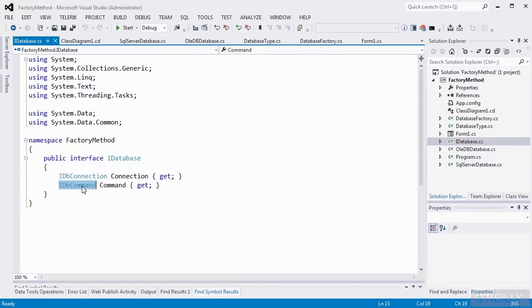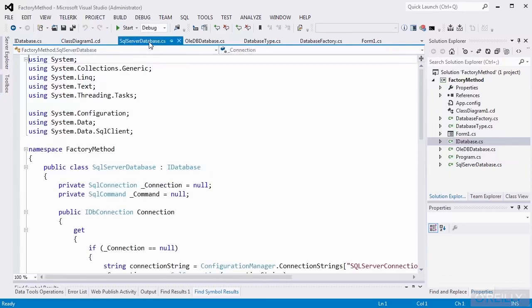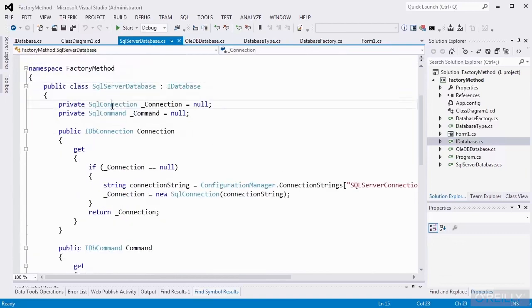For that matter, you could use concrete classes as well, so long as they were more basic classes as opposed to a SQL Server DB connection. We're talking more like an integer or a string on the interface. Again, you can use interface types on your properties within your interface, or you could use class types as well. The choice is yours. Our SQL Server Database class implements iDatabase, and it has private members of SQL connection type